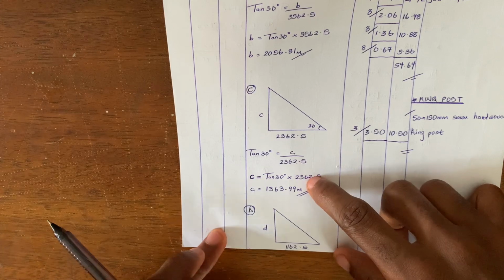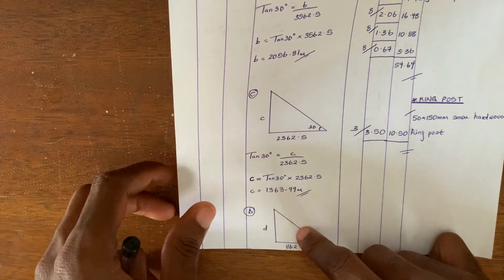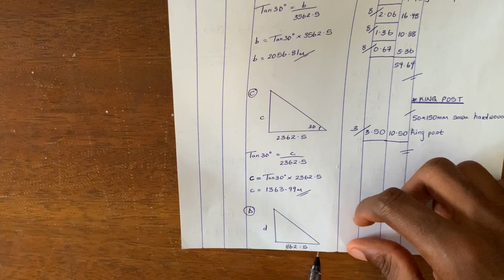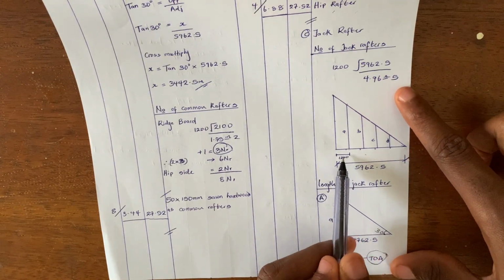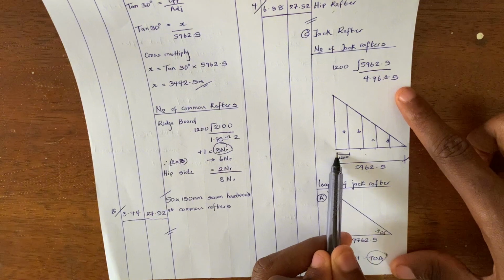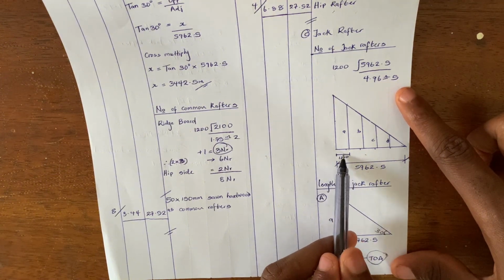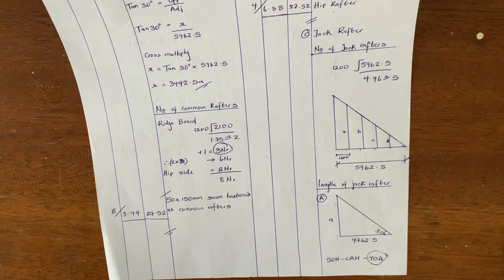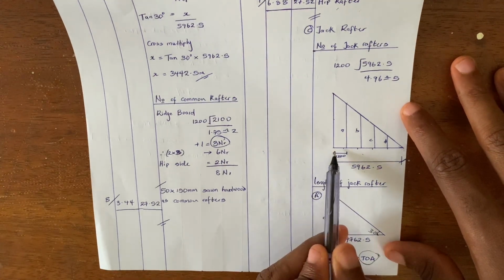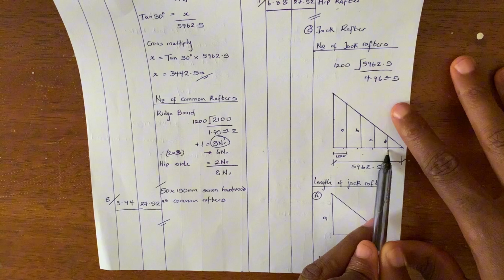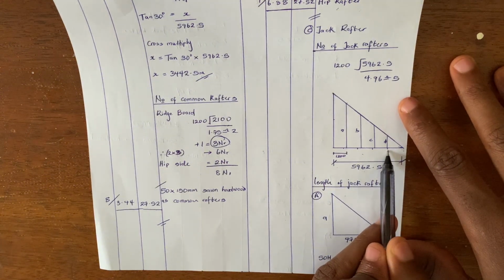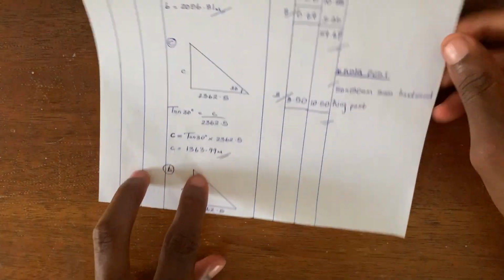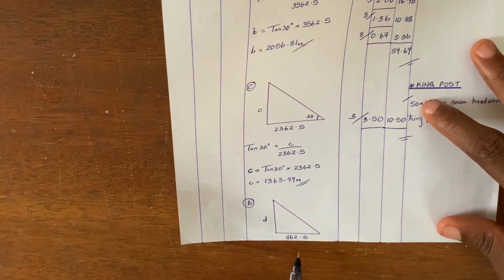So you do the same thing for D, which is the last one. And if we minus the distance from here to here, which is 1200 times 4, which will give us 4800. So it means that the distance from here to here is 4800. So if we minus 4800 from the total span, it will give us the distance from here to here, which will be equals to